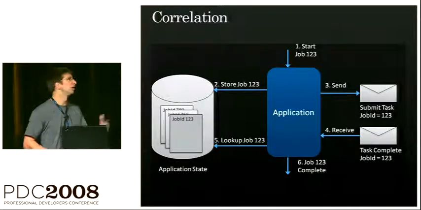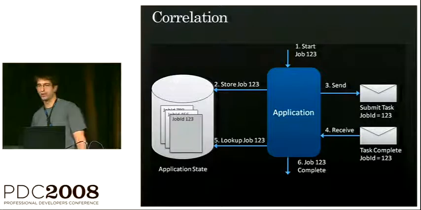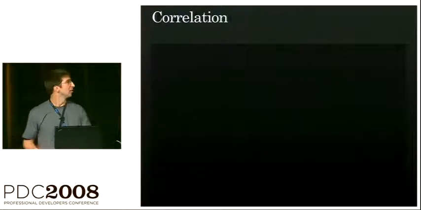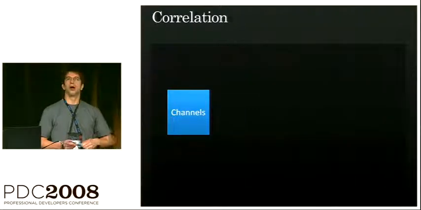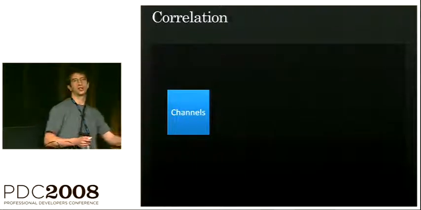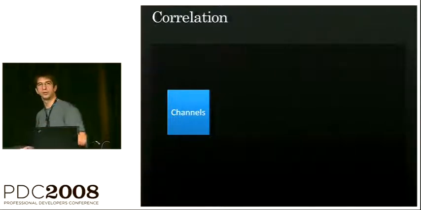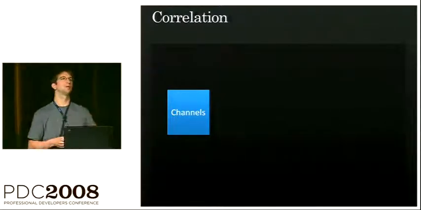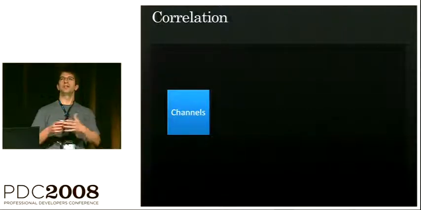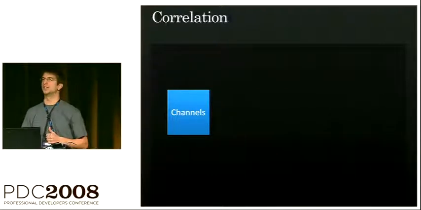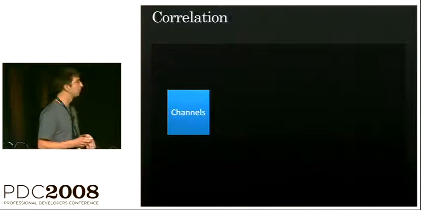Let's step back and do a little survey of the way that we've been relating messages to each other since 3.0 and relating messages to app state. So in 3.0, we had channels, right? All the messages exchanged on a session channel were related to each other, related to a particular instance. We had a request channel, reply channel for relating requests and replies. But all of these channels were transient objects, right? When they went away, there was no getting back to the instance. You couldn't find that instance again as soon as this channel object was disposed from memory.